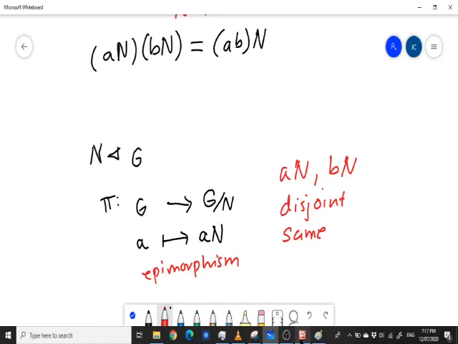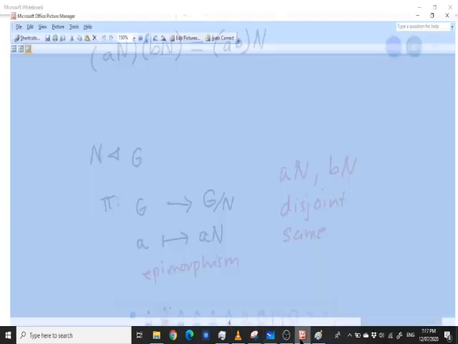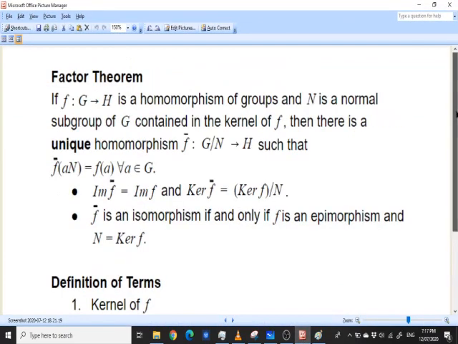So next is we have to prove na the factor theorem. So to prove the factor theorem, again, you have to prove that this mapping is well defined. First of all, then it is unique. There's only one such mapping. And then you prove this, and you prove that, and then prove